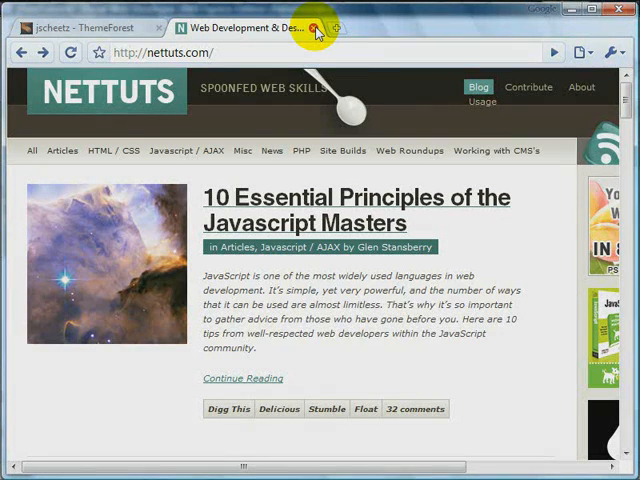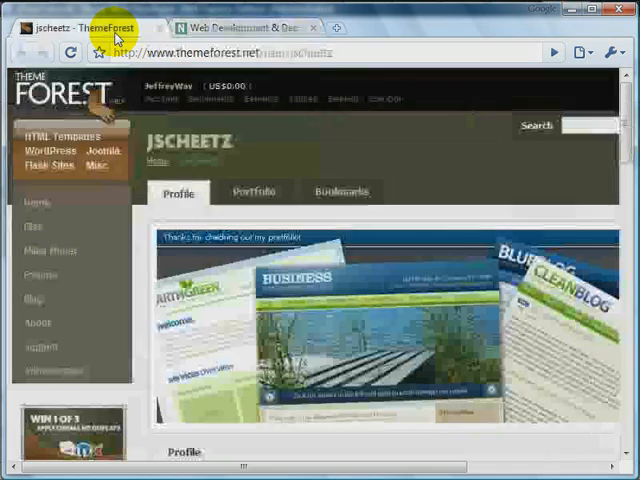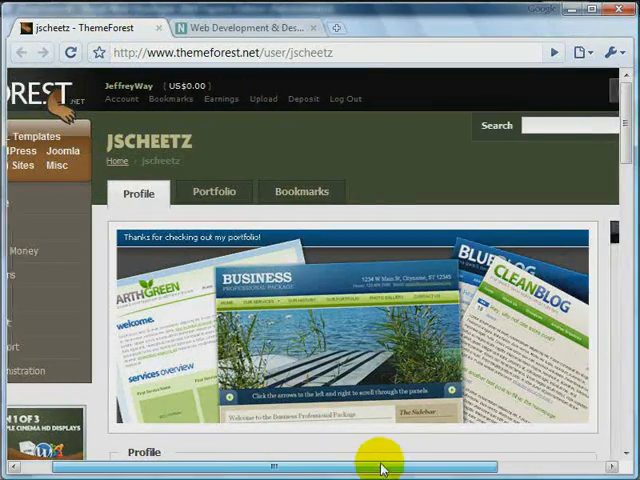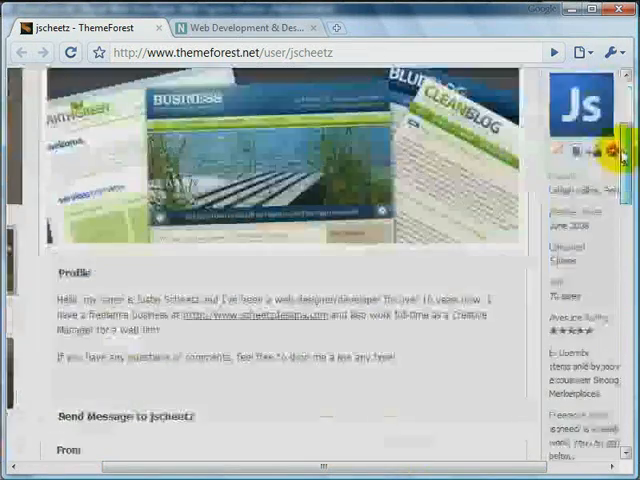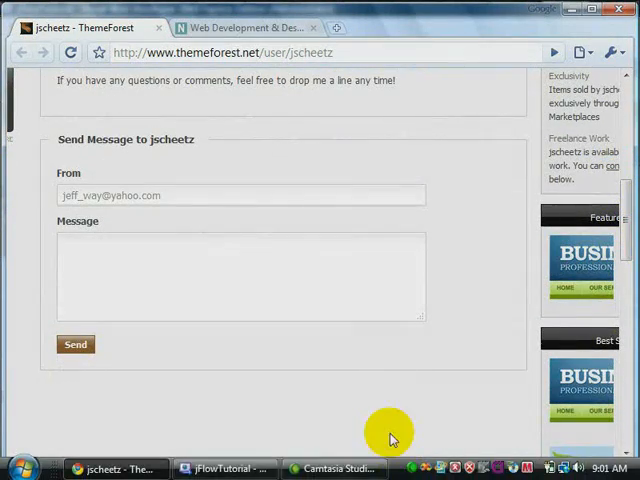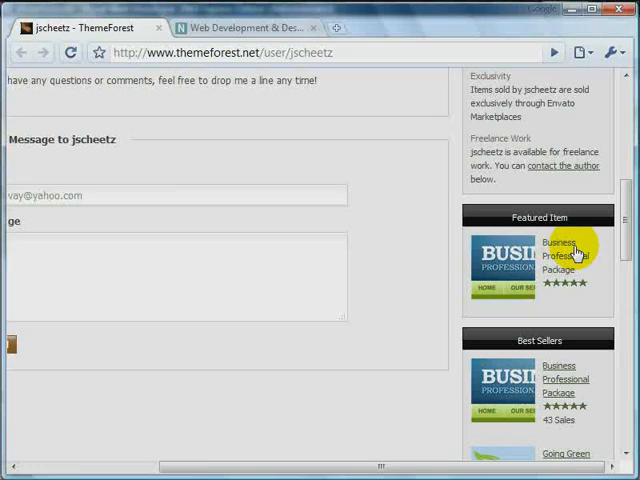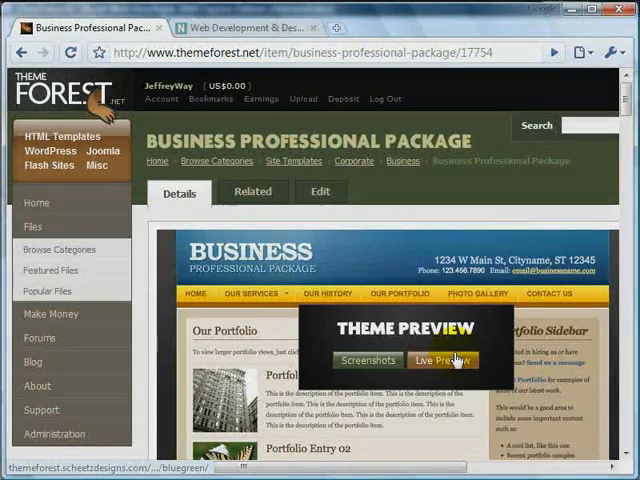And to give you a quick example of what we're going to be building, as some of you may know, I recently took over as a site manager for ThemeForest. And as I was browsing some of the available themes, I came by Justin, and he's actually created some amazing themes for us. If you click on the Business Professional package and click on Live Preview,